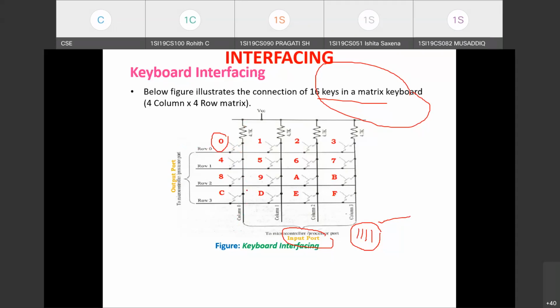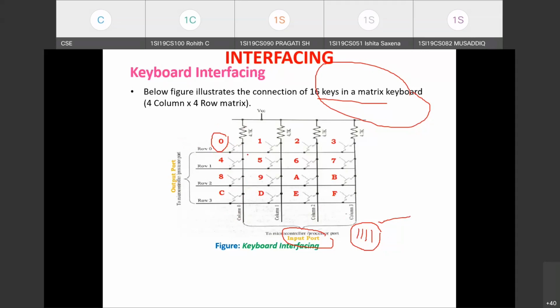If you send 1, even though the key is not pressed, what is the column line status? It is all ones. If you send 1 on the row line and the key is pressed here, the output status on this column 0, that is, if you just read this column 0 value, it will be 1. You will not see any difference before the key press and after the key press if you are sending 1 on this row 0 line.